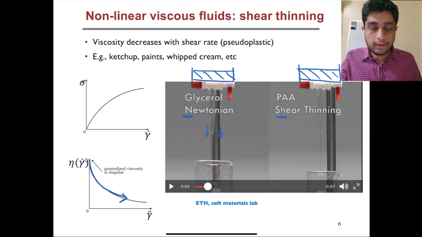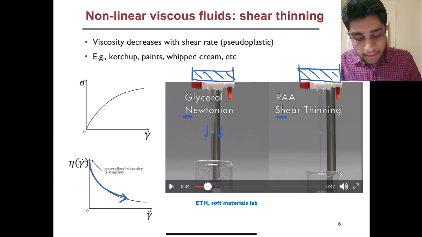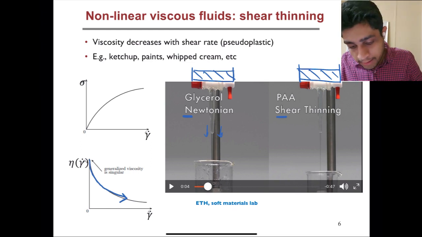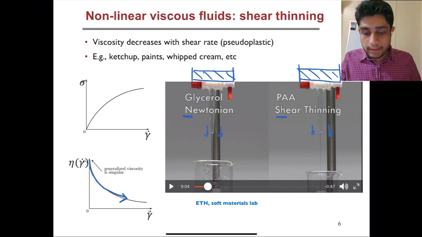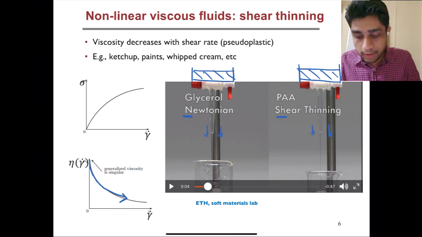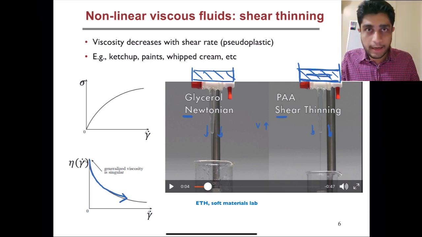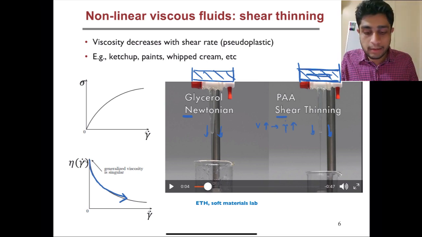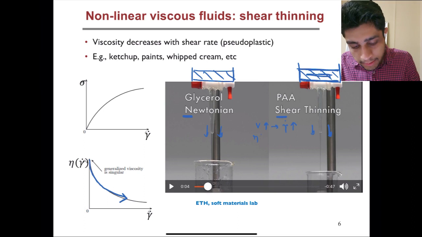Whatever the velocity of the fluid coming out, it does not affect the viscosity of the Newtonian fluid. But on the other hand, initially the shear thinning fluid comes out faster because there is a big pressure gradient due to the weight of the fluid in the tank, and because of that, initially its velocity is high. So that means the rate of deformation or the shear rate is high. So for a shear thinning fluid, high shear rate means its apparent viscosity is low.